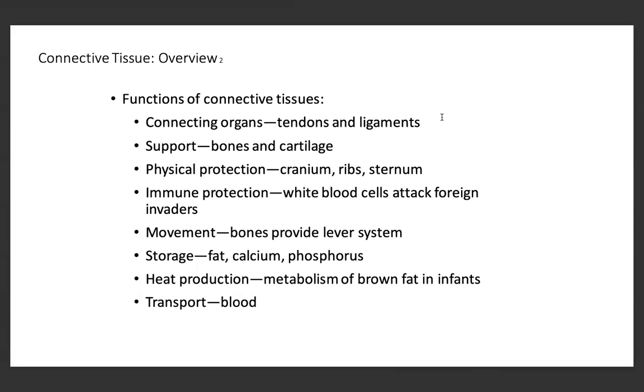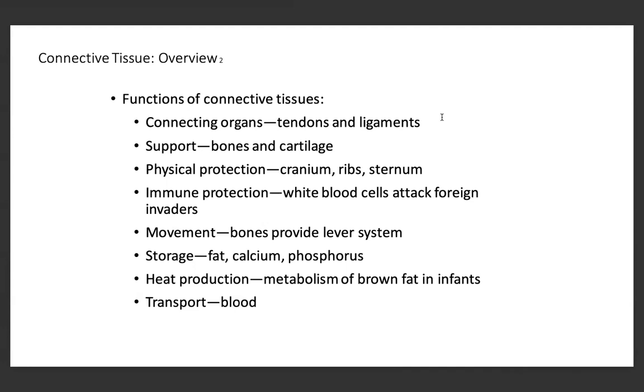Tendons and ligaments are both comprised of the same type of connective tissue. They just attach different structures. And this is really important to note. Tendons will attach muscle to bone, whereas ligaments will attach bone to bone. So ligaments are typically found inside a joint, whereas tendons are found outside the joint. Because a lot of tissues fall under the connective tissue category,